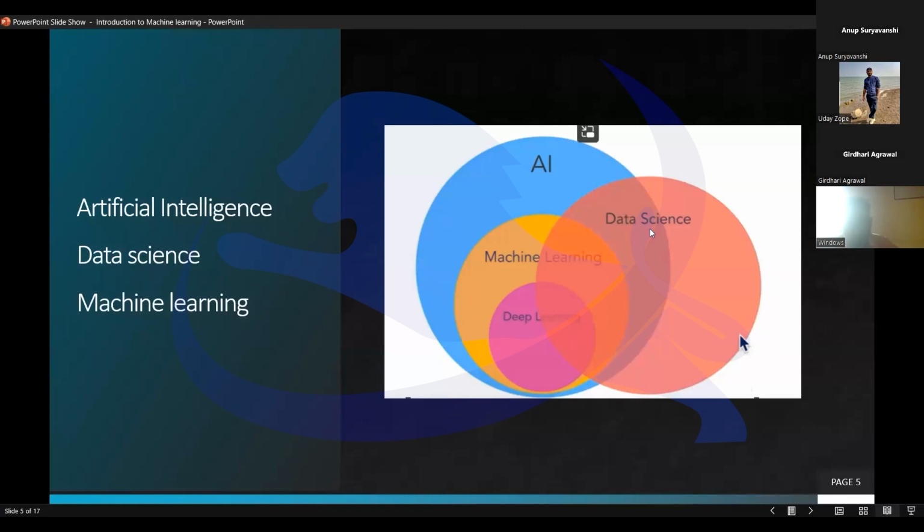So data science plays a big part in data. You can say collecting data, then cleaning the data, and then you augment the data, you do some pre-processing, you do some post-processing on data. For example,